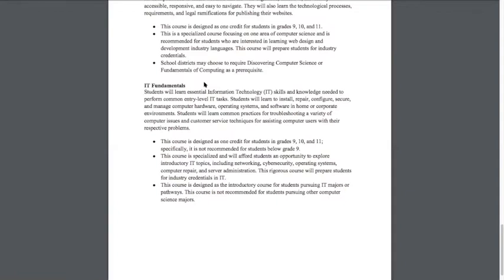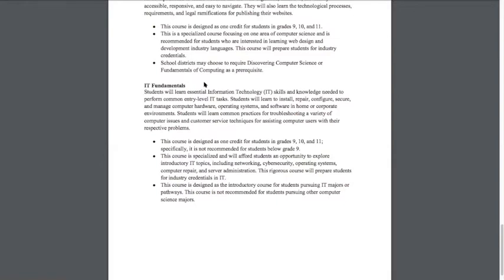It's computer repair, it's installing stuff, it's configuring settings, it's securing computers, it's computer hardware, operating systems, software in both the home environment as well as corporate and enterprise environments, common practices for troubleshooting, customer service. It's not recommended for students below grade 9. I know that the old versions of the standards did have it recommended for lower grades, but that is being